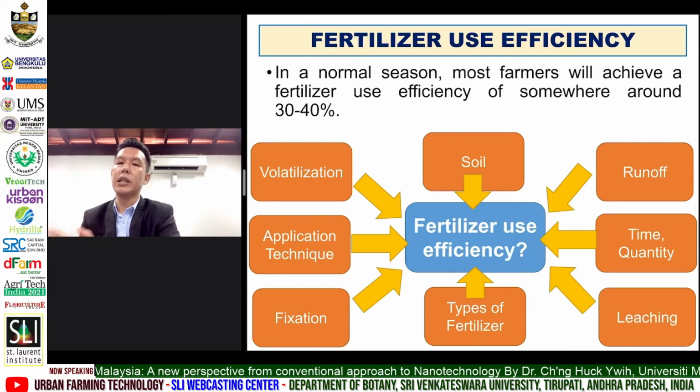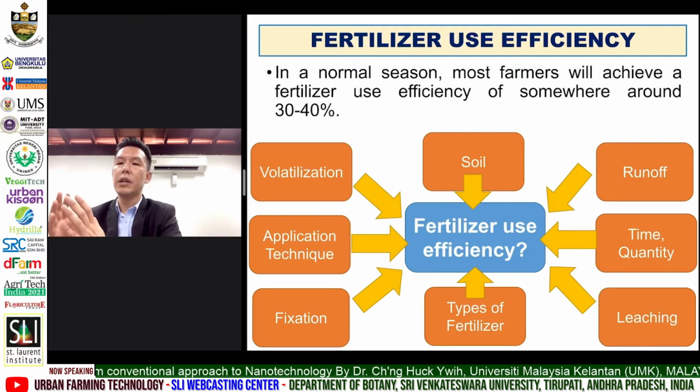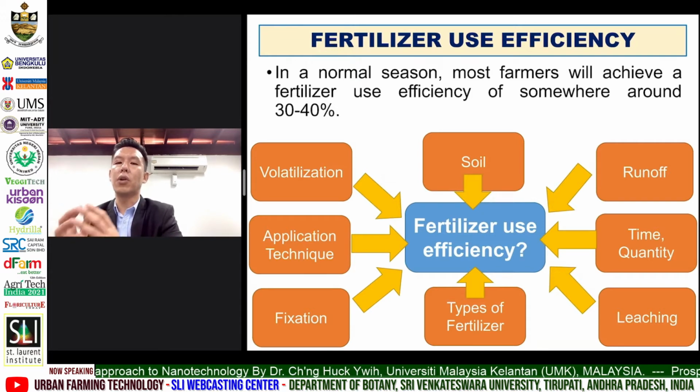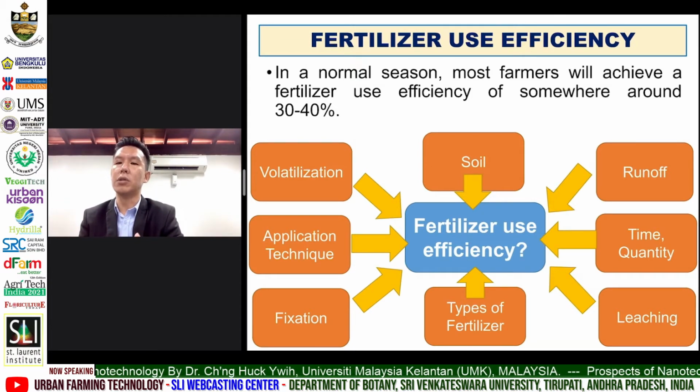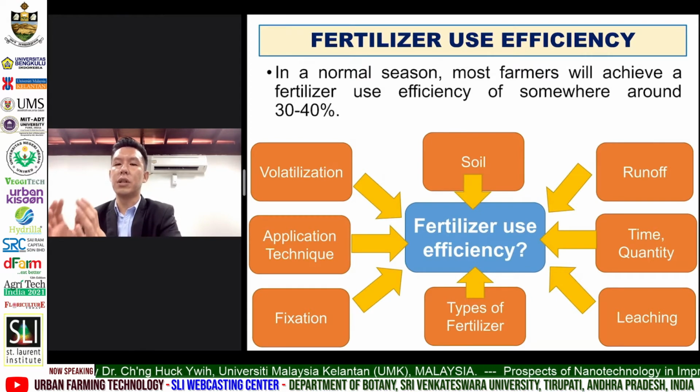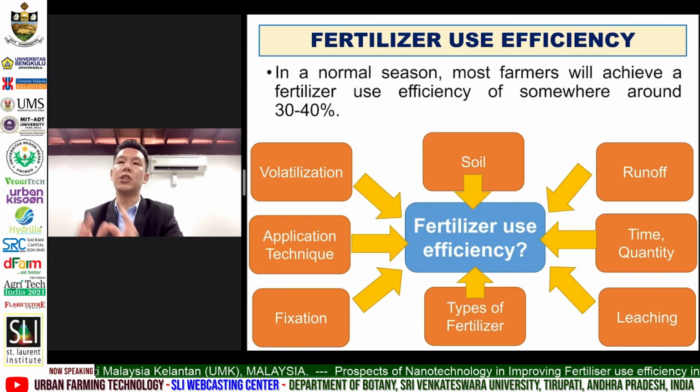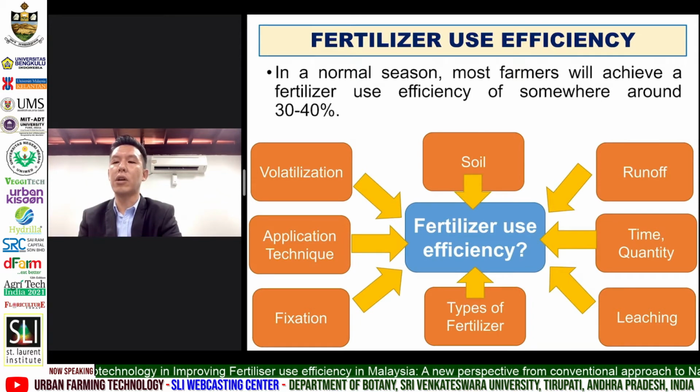As I mentioned earlier, different types of soil will have different properties, and depending on the properties, some soil, especially acidic soil, will contain a lot of aluminum and iron ions, which can cause the fixation of certain nutrients in the soil, making them unavailable for plant uptake and thus reducing the fertilizer use efficiency. In addition, the forms and types of fertilizers also affect the ability of the fertilizer to provide nutrients in a fast way or in a slow way, and sometimes they can also be easily lost by volatilization, thus causing a reduction in fertilizer usage.